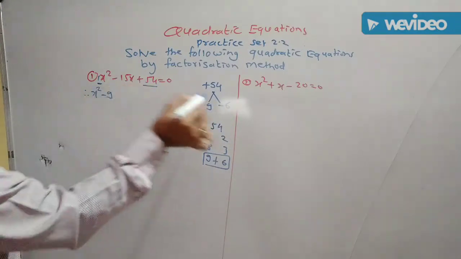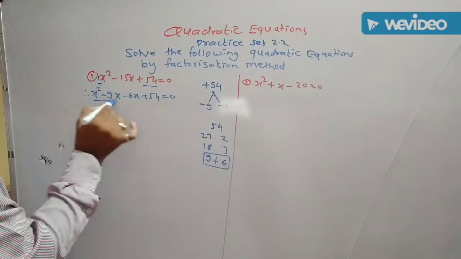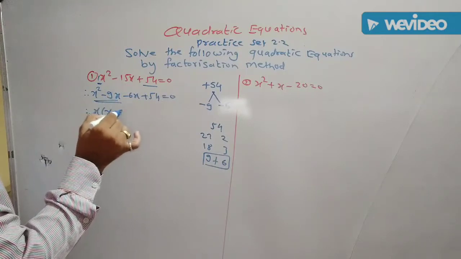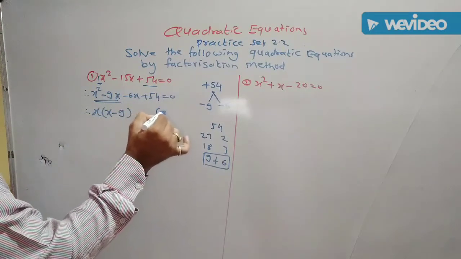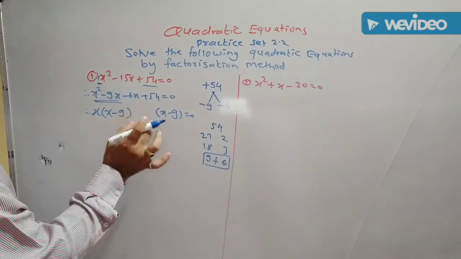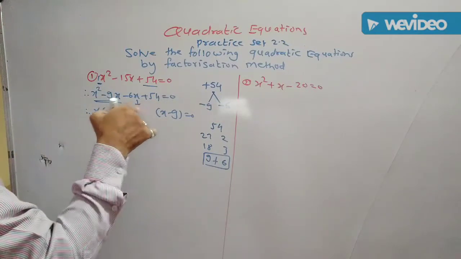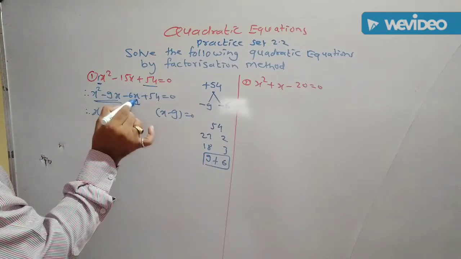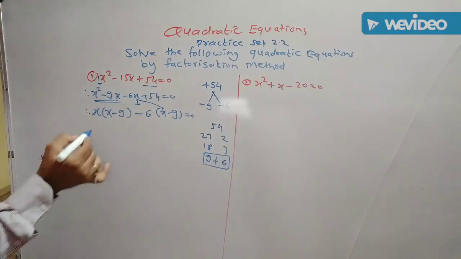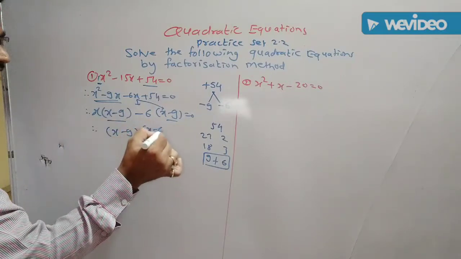Now factorize it. x square minus 15x can be written as minus 9x minus 6x plus 54 is equal to 0. Now from the first two terms, x gets common, remaining is x minus 9. Again we write the same bracket after some distance, and in between these two brackets I write the remaining third term after taking the common factor. Now from minus 6x we take x common in the bracket, remaining is minus 6, therefore I write here minus 6. Now the x minus 9 bracket gets common, remaining terms we write in the second bracket, x minus 6.